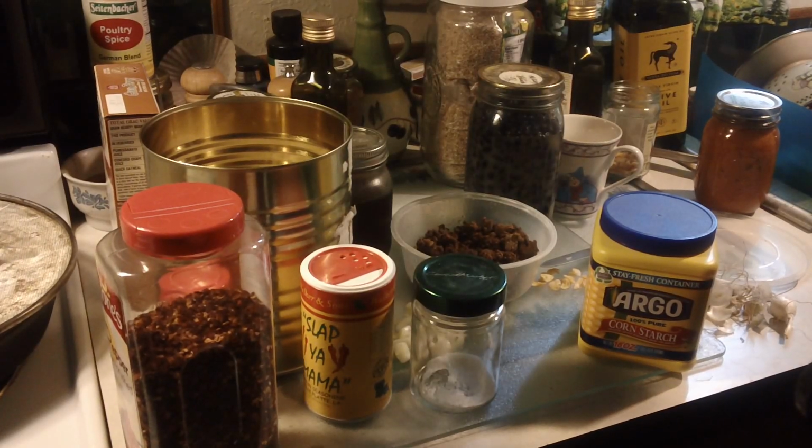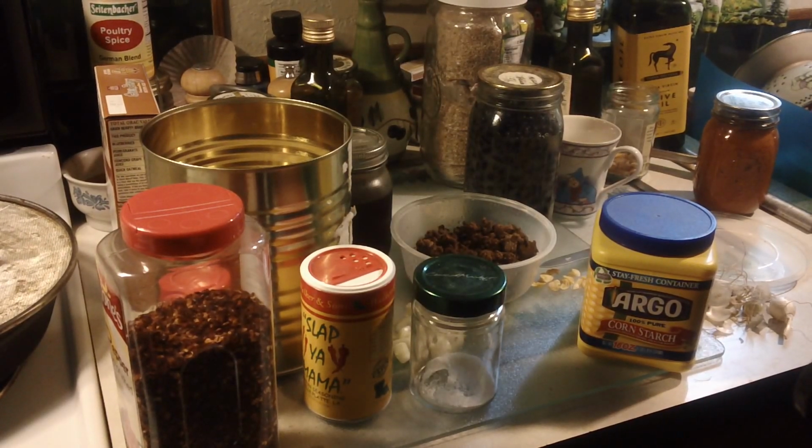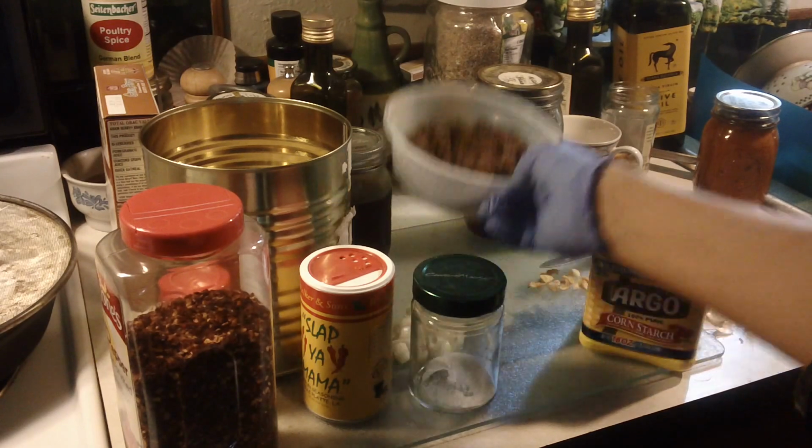Okay, so here's one of the recipes that I use the canned beans with, and this time it's going to be the black beans that I'm going to use. I call it taco soup, and basically I had some leftover ground beef from a meal that I made yesterday, and I'm going to add the taco seasonings to it, and then make a soup with it. Okay, so the first thing I'm going to do is I've got right here,